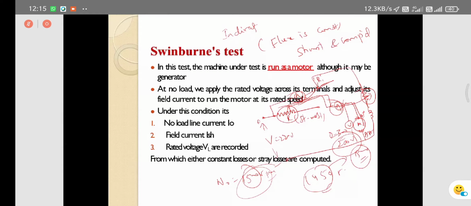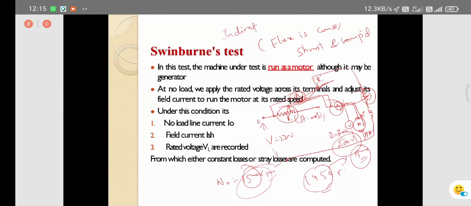there is a 0 to 300 volts voltmeter range. The DC supply is having 220 volts. You can check how much voltage you are getting from the DC input with the help of this voltmeter.